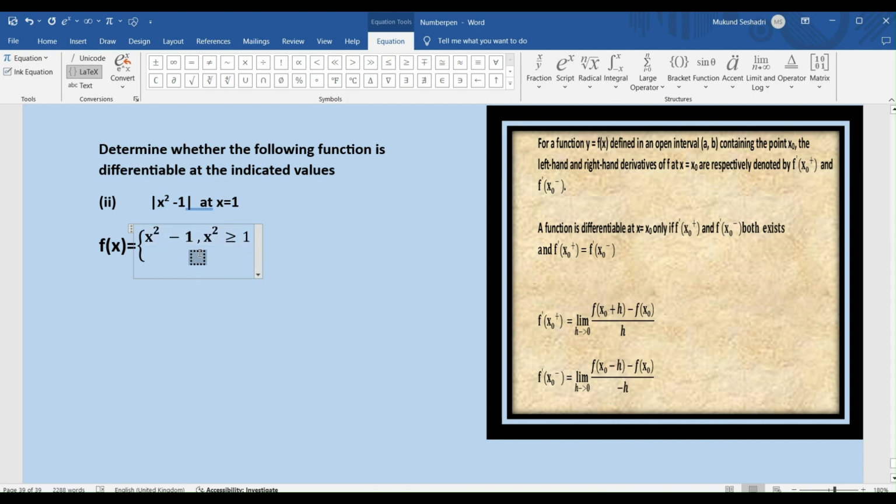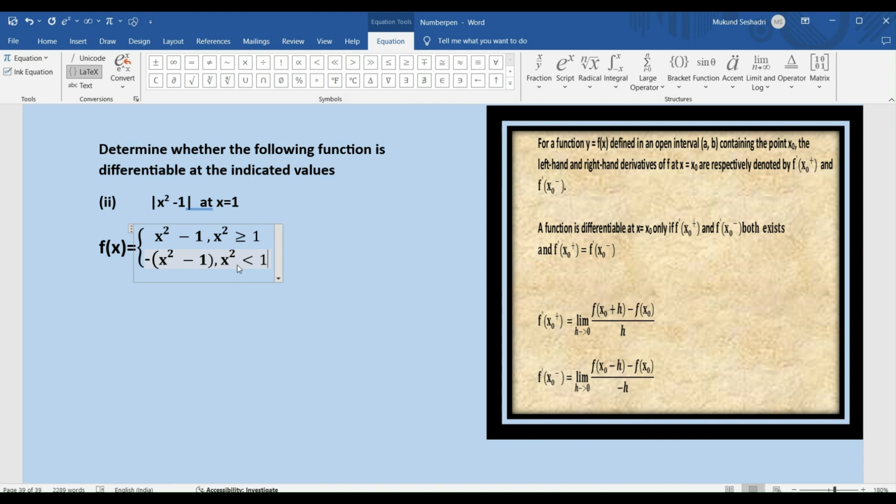That, and then I have a minus of x square minus 1 whenever my x square is lesser than 1, right? So let's write that and let's spend a few minutes trying to understand how this function will behave,